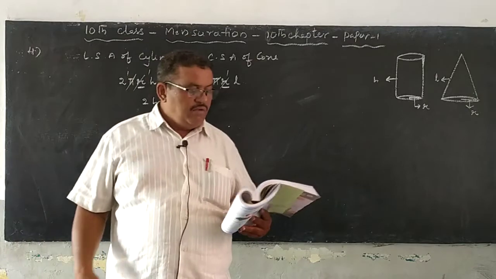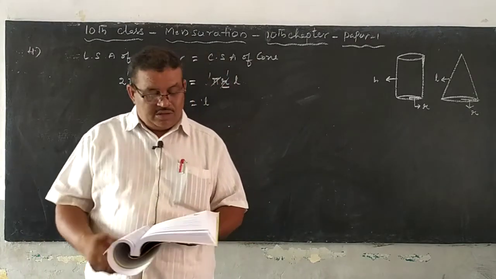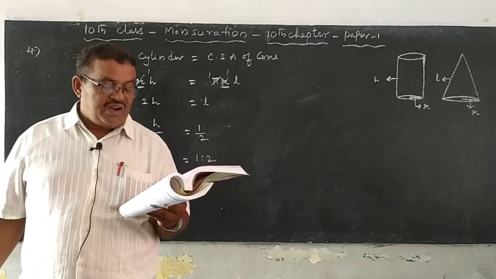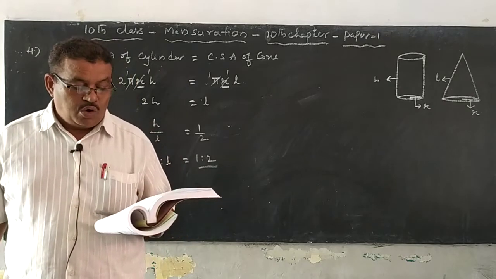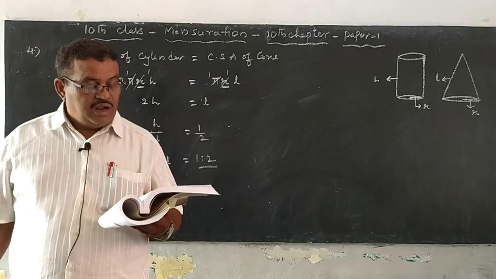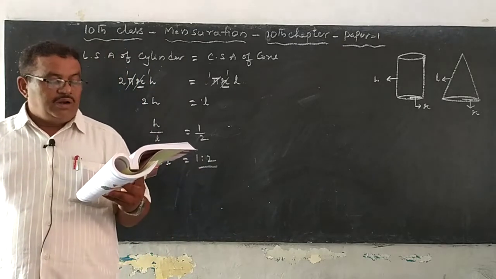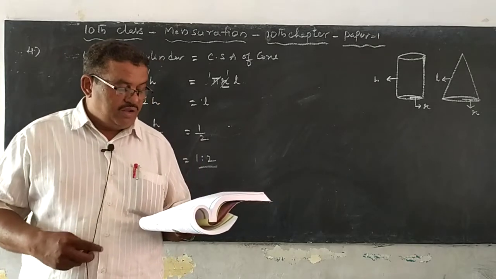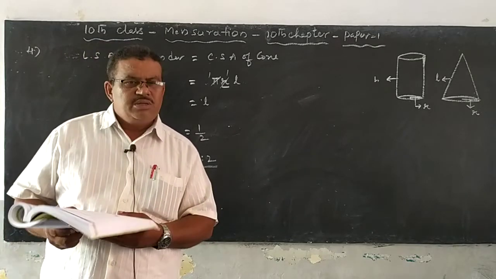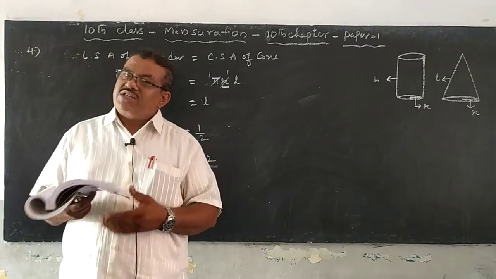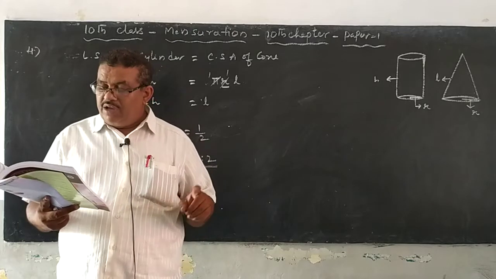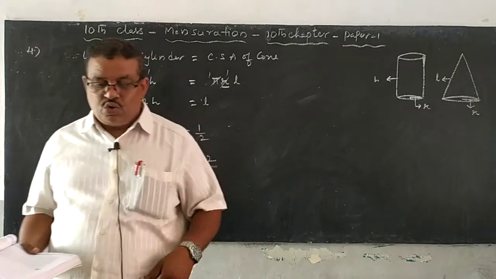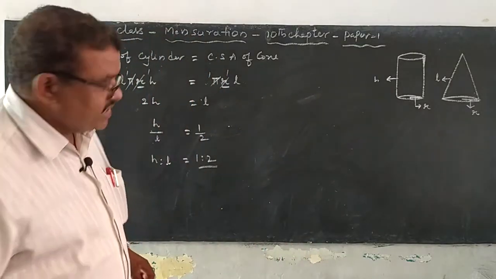Okay children, now we are going to discuss the next problem, that is the fifth one. A self-help group wants to manufacture joker's caps, conical caps of 3 cm radius and height 4 cm. If the available colour paper sheet is 1000 cm square, then how many caps can be manufactured from the paper sheet? Simple problem only. The total area of the paper sheet is 1000 cm square. The radius and height of the cone are given, conical caps, joker caps.